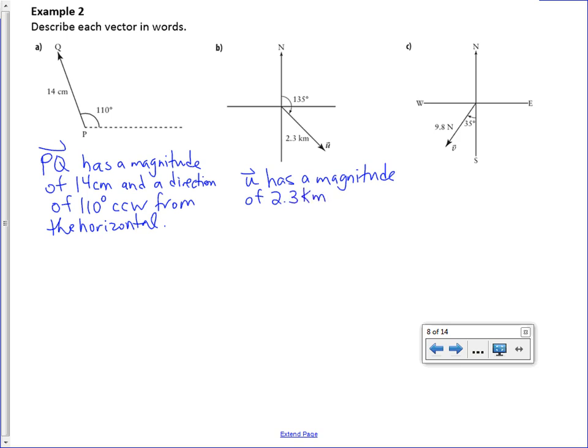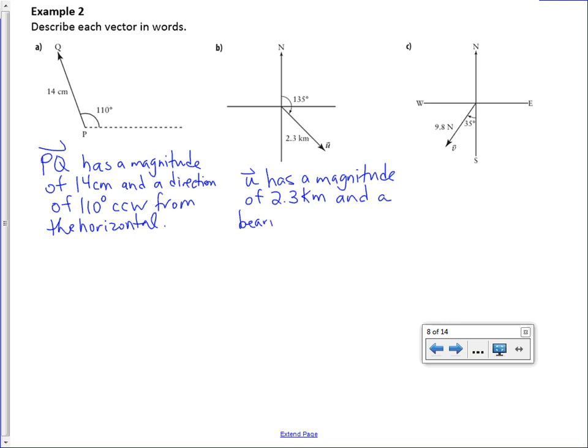Thank you. A magnitude of 2.3 kilometers. And instead of saying a direction, as soon as you see a north reference, maybe don't call it a direction, we say a bearing. And this time, is it going to be a quadrant bearing or a true bearing? Do we see that arrow? Where's that arrow starting? It's starting at north. So we're going to say, and a bearing